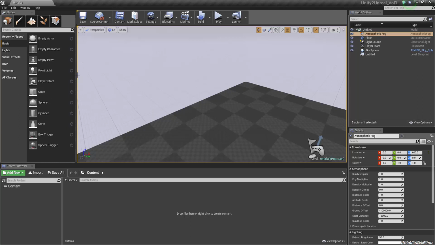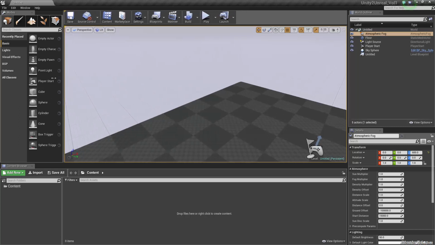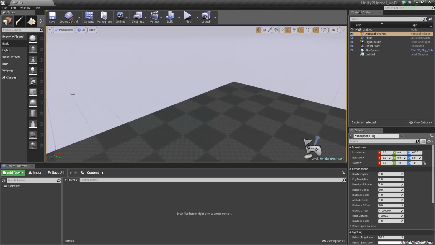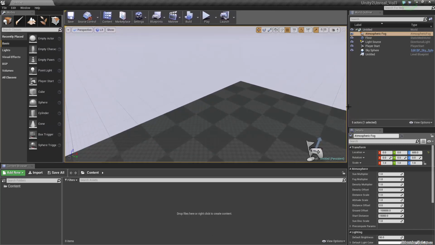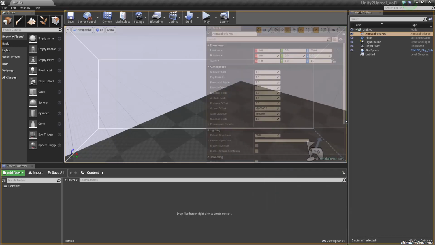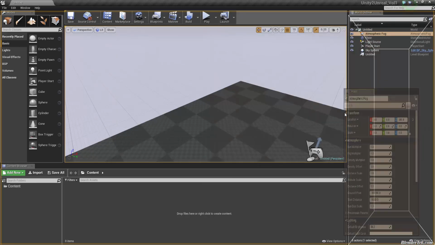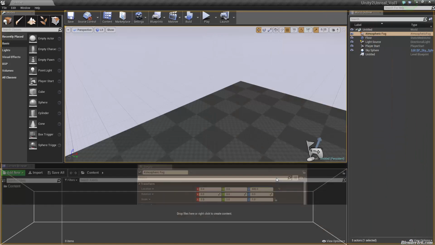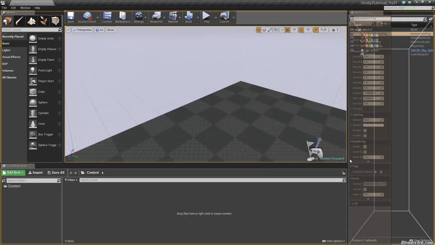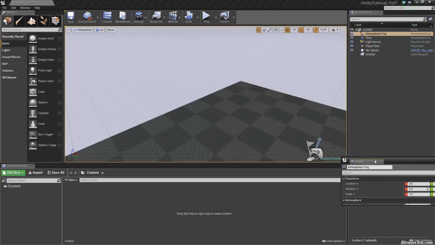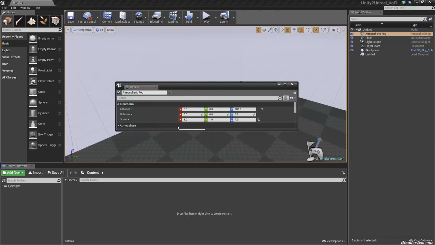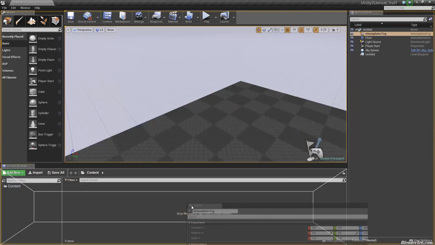Now, just like in Unity, you can resize things by clicking and dragging here, and you can also grab a tab from a window. It's a little bit touchy, I found, but if I'm careful enough, you can turn it into a floating window. So that's kind of cool. I can throw things on another monitor, because I'm working with two monitors plus a TV. And then you can also dock it anywhere you want.